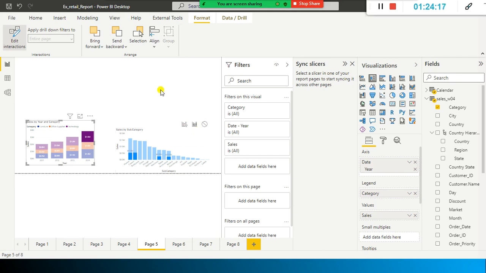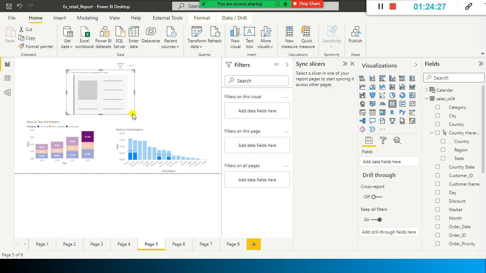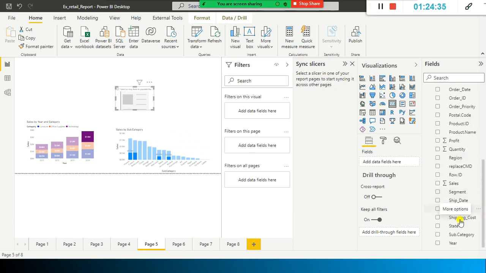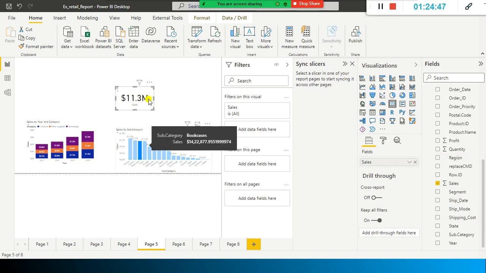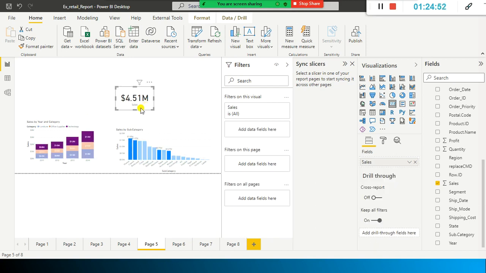So now the question is, when will I use none? For example, I select a card here. So here I just select the total sales. It shows me something like this, right? When I select this one, see here it changes, this value also changes, right? This value changes. I don't want this value to be changed. Okay, what I do is